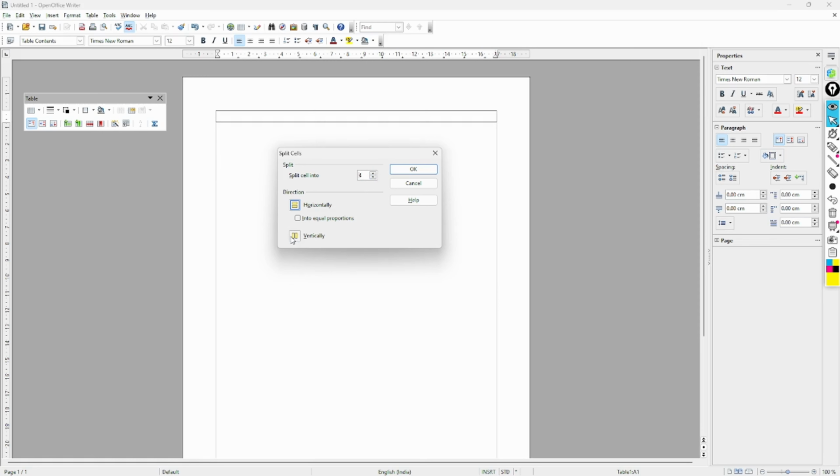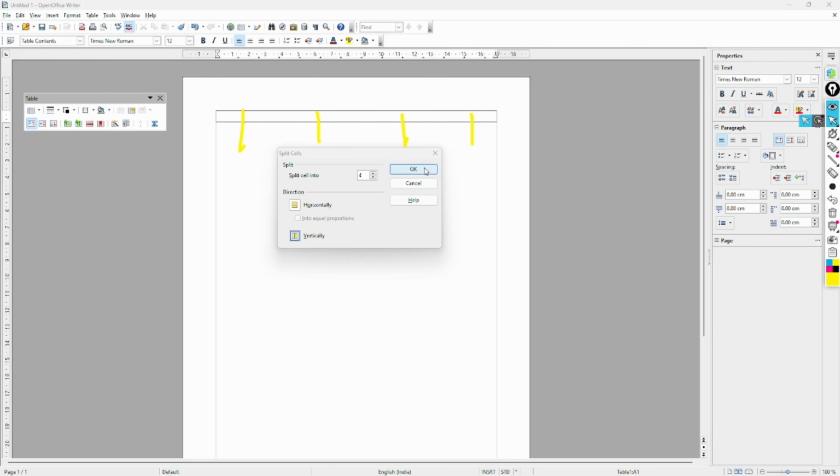Done? No, we will see. This one is a column and we will split it into 4. And here is a direction, meaning above and below, that type. But here is a twist. Here is horizontal and vertical. First we will create vertical, then we will create horizontal. Now which way will it convert this cell? Like this: first, second, third, and this one the fourth column. Like this it will convert into 4 columns.